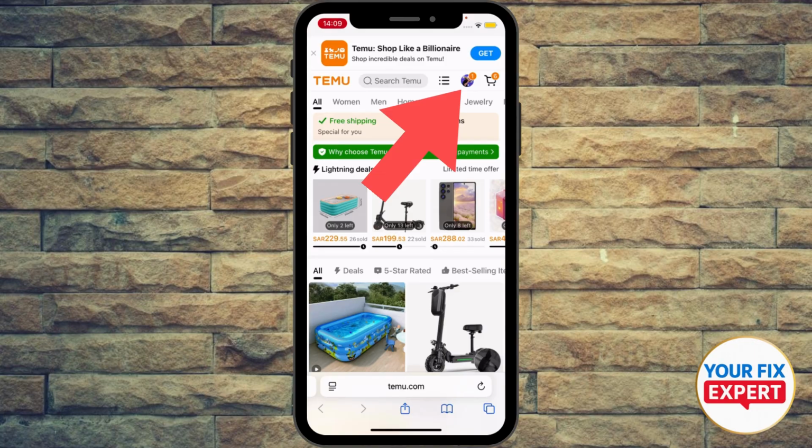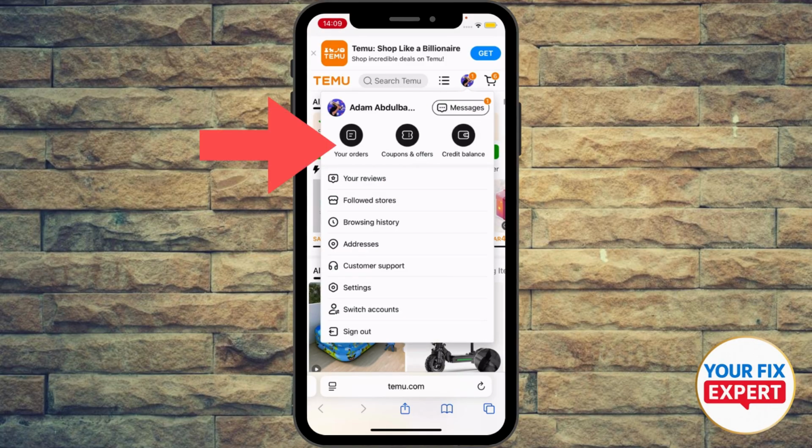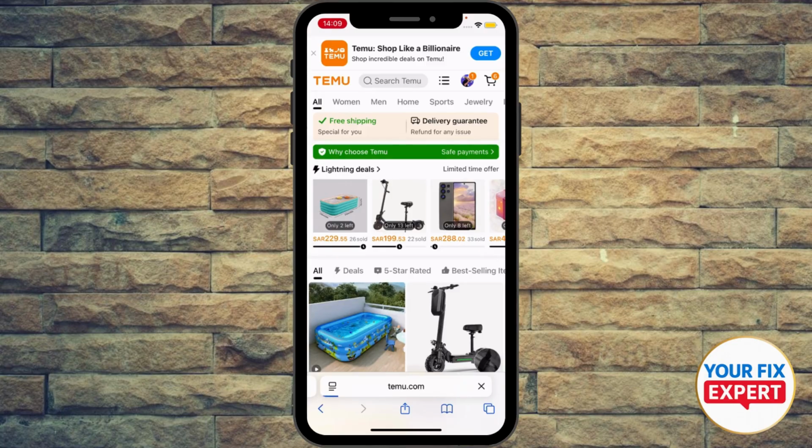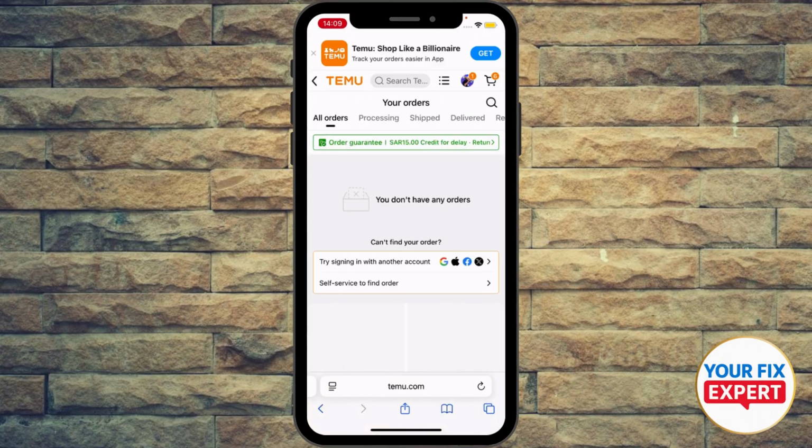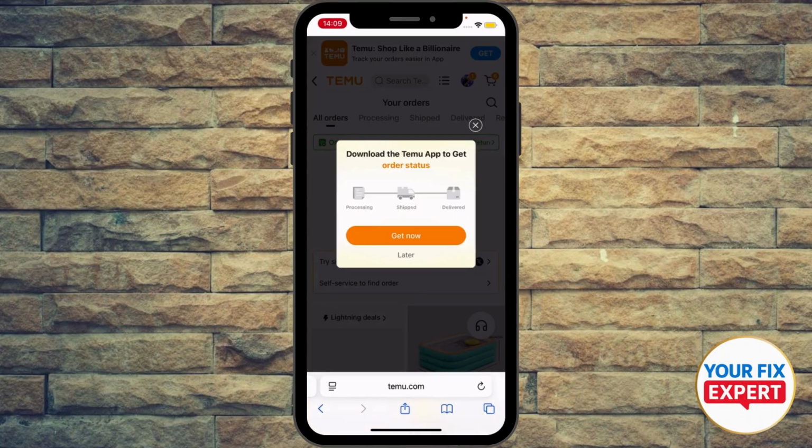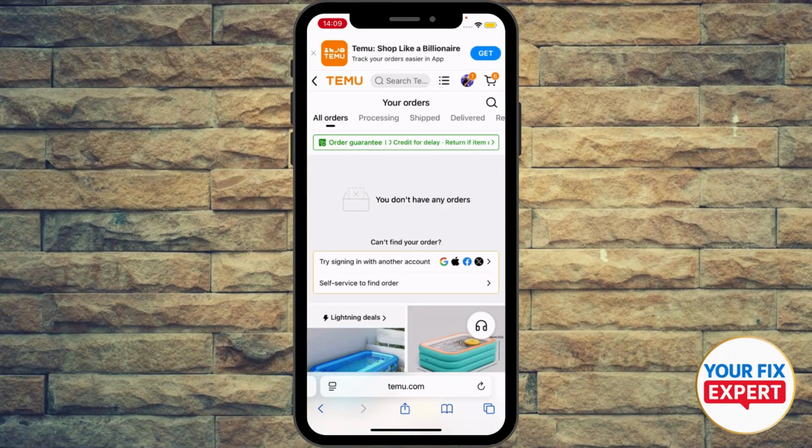So go ahead and click your avatar icon at the top right. Under your name, you're going to see your orders, coupons and offers, and credit balance. Go ahead and click your orders. Now, as you can see, you don't have any orders, but if you try to swipe left, you're